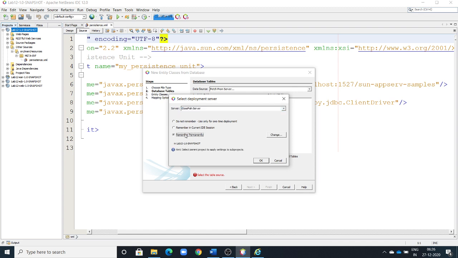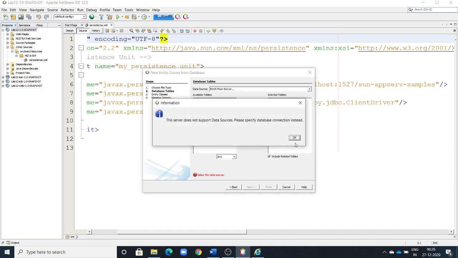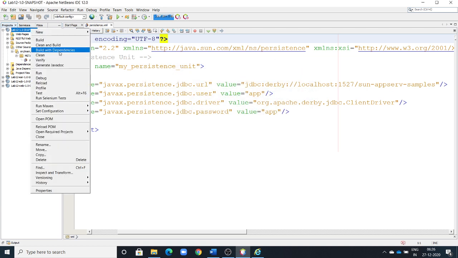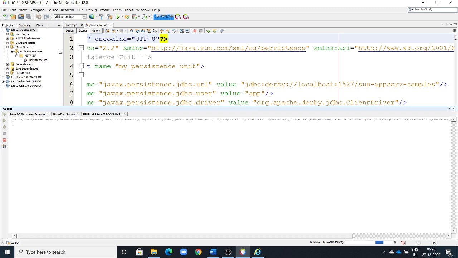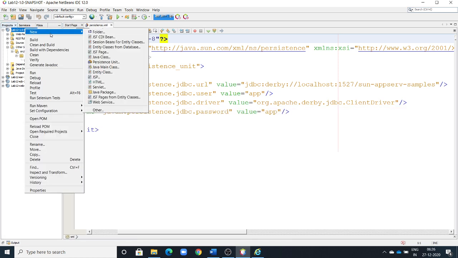And we remember permanently. Click OK. Okay, again run. Yes, build successful. New.